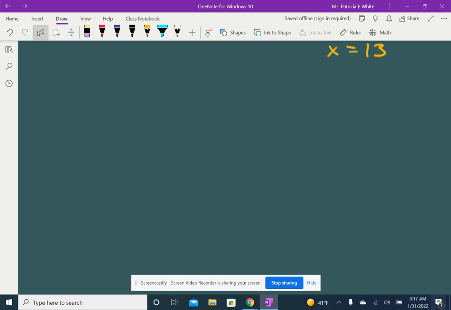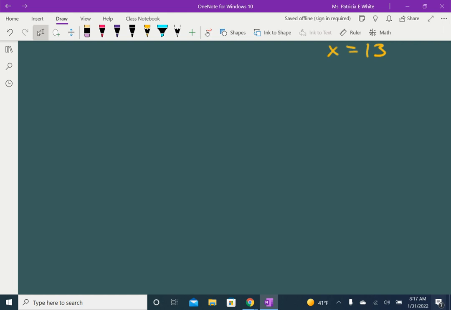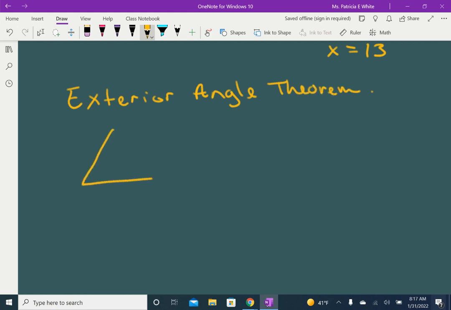Okay, guys, so we're going to talk on this one about the exterior angle theorem. Exterior angle theorem. When we start this out, remember that if I have a triangle, the three interior angles, the angles inside,